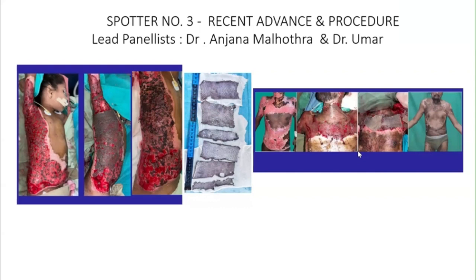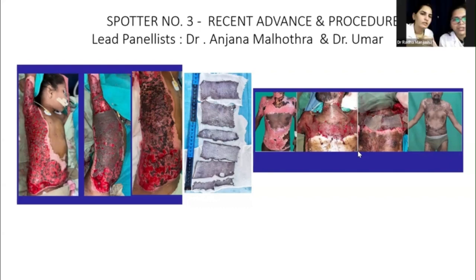Answer. Allograft should be meshed, ma'am. We are meshing the allograft, and this is to bridge the gaps between the stamp autografts which we have applied. Yes, so you are widely meshing the autograft, right? You may do it in many ways. So can you say one method of widely meshing?